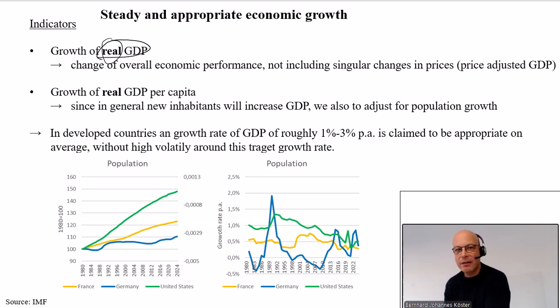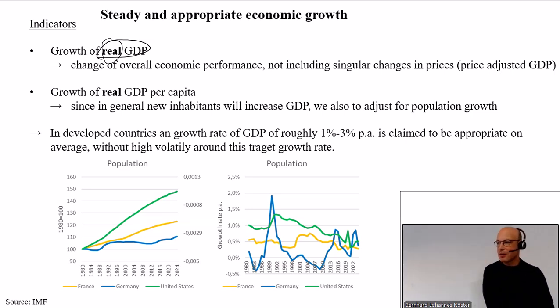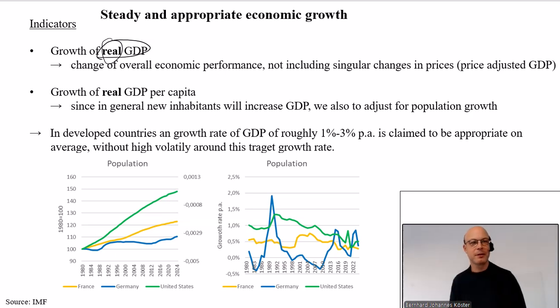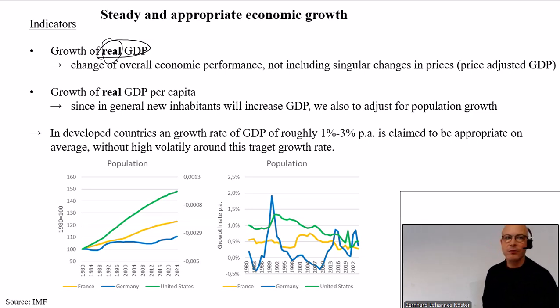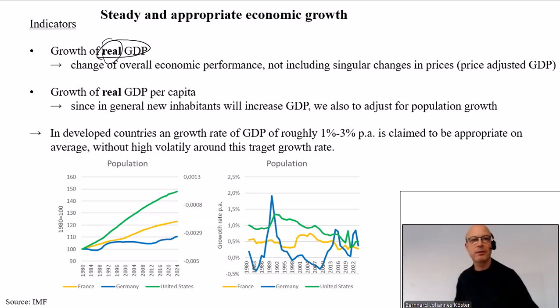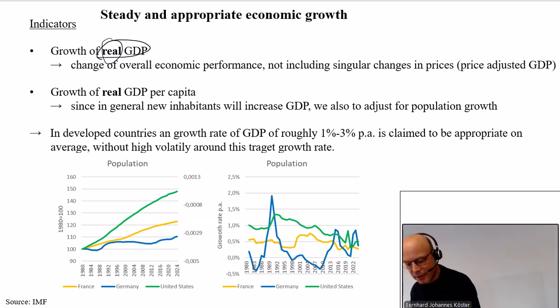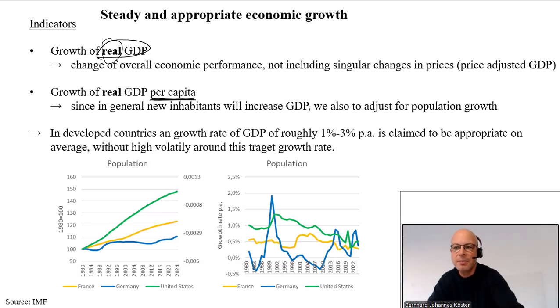Would we then, on a welfare level, also talk about economic performance being good only because we are now more people? This, in general, we would also doubt. Therefore, we can get rid of the effect that only the population has grown if, before we calculate the growth rate, we first divide our real GDP by the number of people. This is then the real GDP per capita.